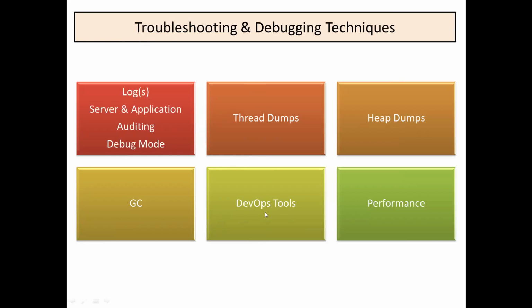And you have the DevOps tools. DevOps is a separate topic which we can cover in the course sessions. We'll use a lot of DevOps tools to make all these jobs easier for monitoring, reporting and execution of the project. And again, performance is a key aspect. Performance related debugging is a separate expertise altogether. If you want to tune the application for performance, you have a lot of tools and debugging techniques to understand the performance issues and make the code changes accordingly.